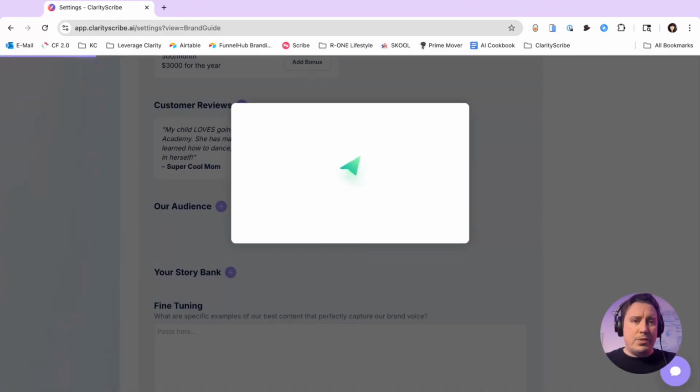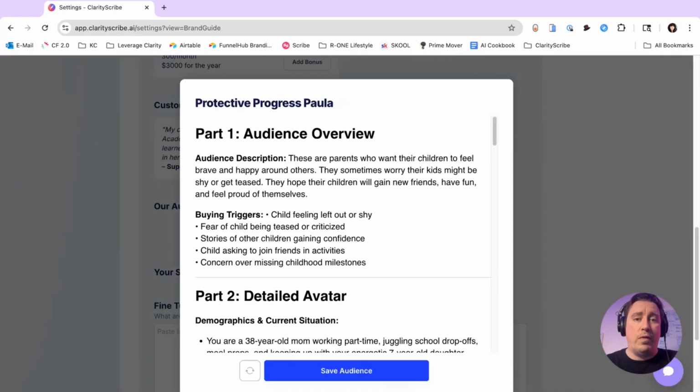And this tool takes just a little bit of time because it's actually extracting some very deep insights about your customers, their wants, their dislikes, all of those different kinds of things, into a very comprehensive overview that you'll be able to use everywhere. So fast. So, Noelle, do you want to read us off the audience description that it's created?